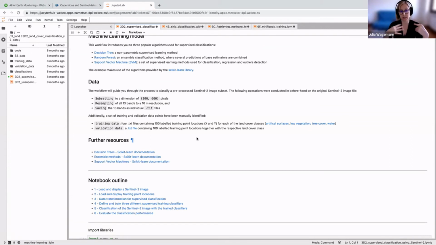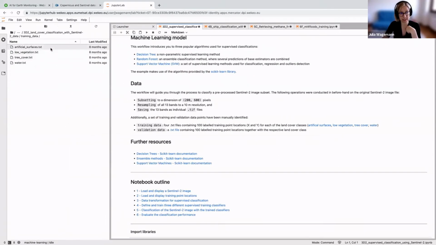And then these 13 bands have been saved as individual TIFF files. And then additionally, a set of training and validation data points have been manually identified. So if you go here to the Sentinel-2 data, you see the 13 different TIFF files that have been prepared, what we described here. And if we then go to training data, you see for each of the classes a